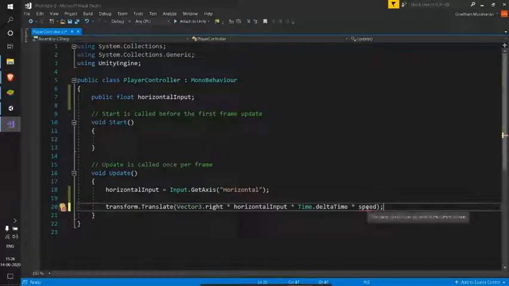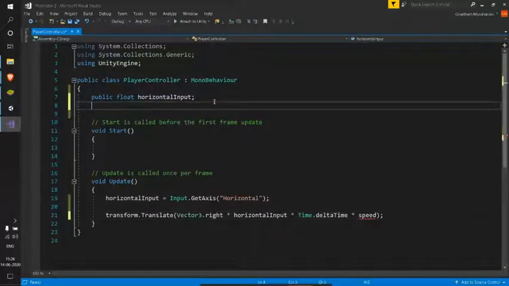But see, we are using the speed variable, but we didn't declare that. So let me declare public float speed and initialize it with 40.